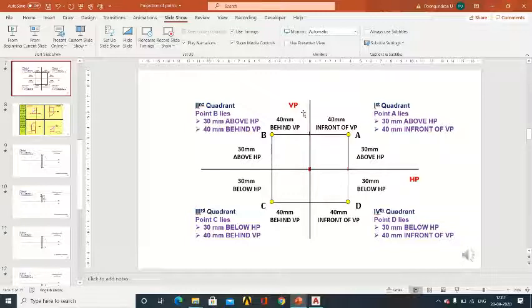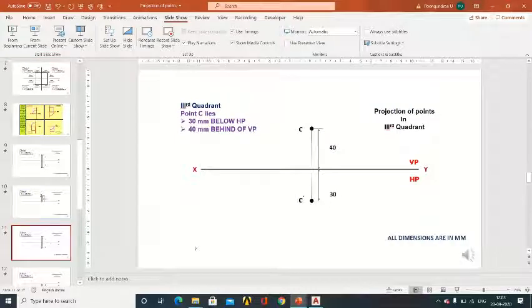Upon rotation 90° clockwise, the top view will go above the XY line. So 30 mm below we will have the front view, and 40 mm above XY we will have the top view. So the projection of point C in the third quadrant will look something like this.